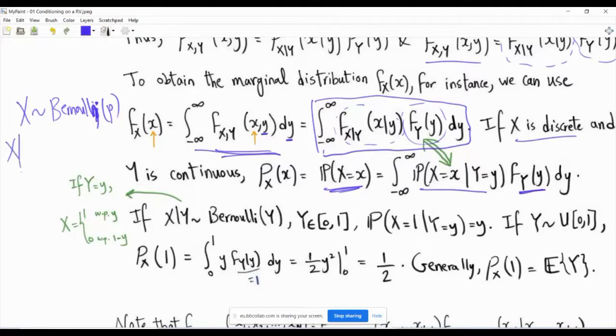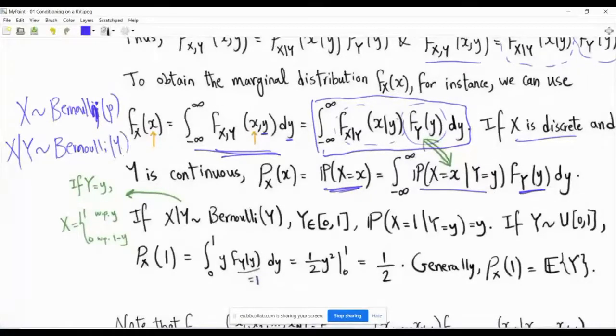I say x and then this vertical bar, and then I say y. So here I am talking not about the distribution of x. I am talking about the distribution of x given y. And then I put this thing. So here I will characterize this distribution. So I say that it is Bernoulli,